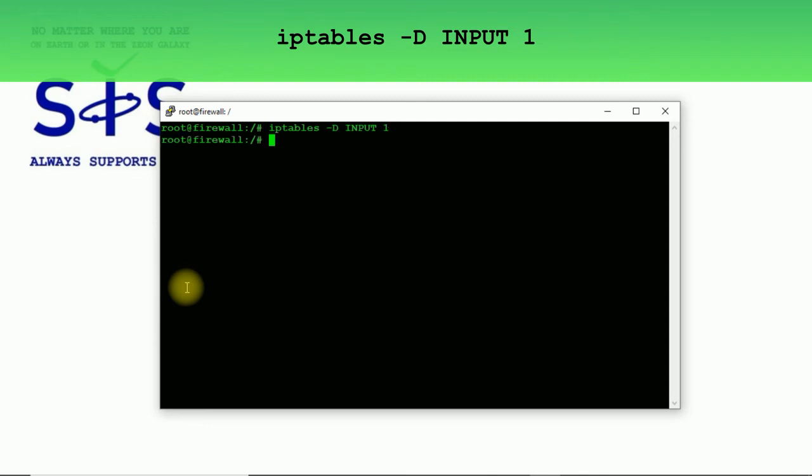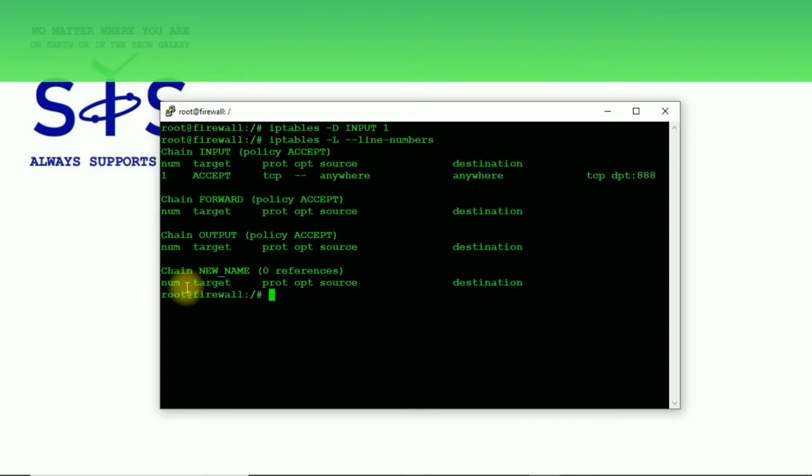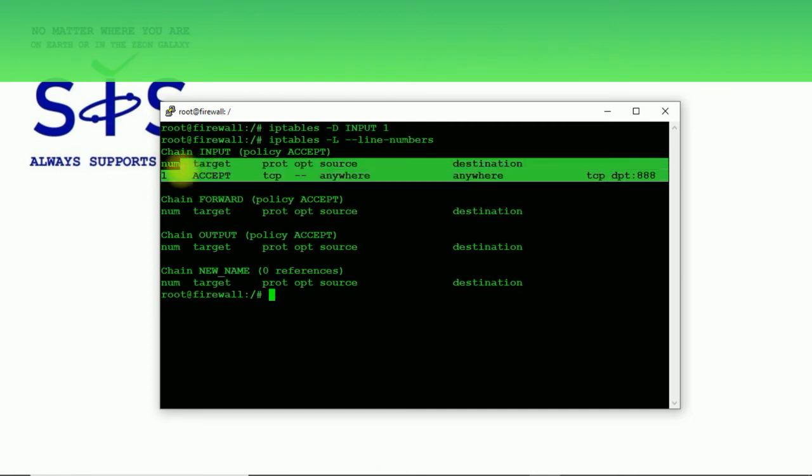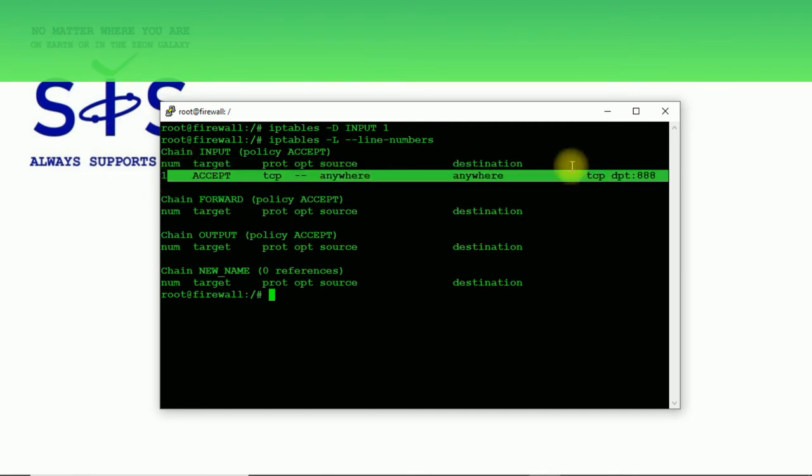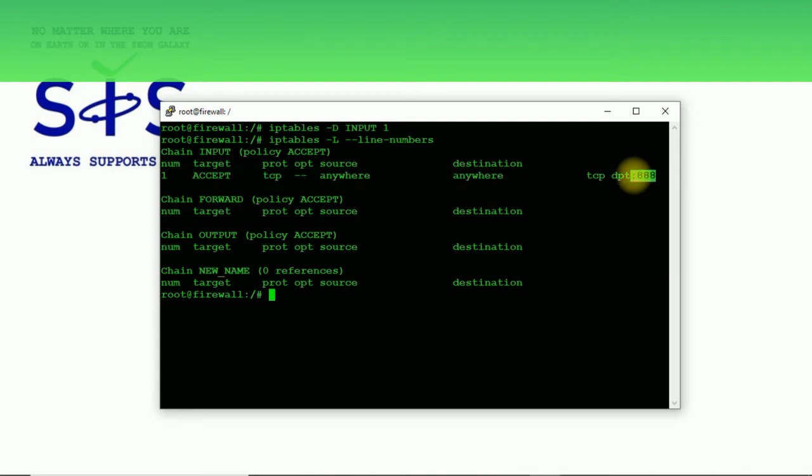After hitting enter, the first rule will be gone, and everything that stays will be our second rule. Now the second rule will be the first rule.